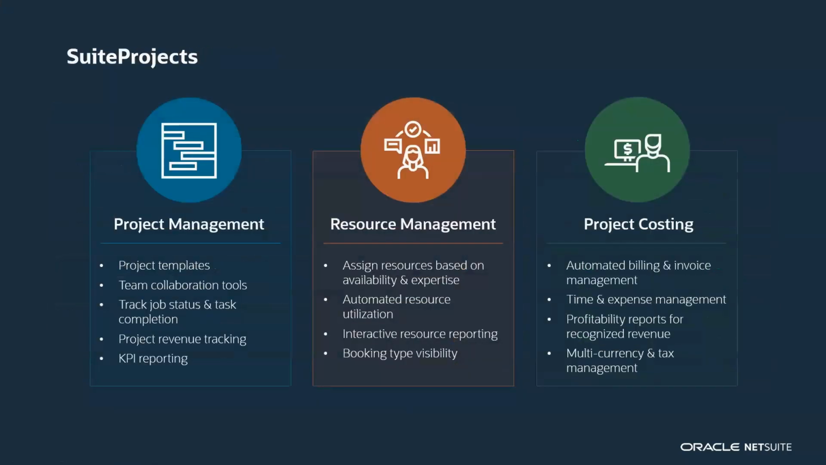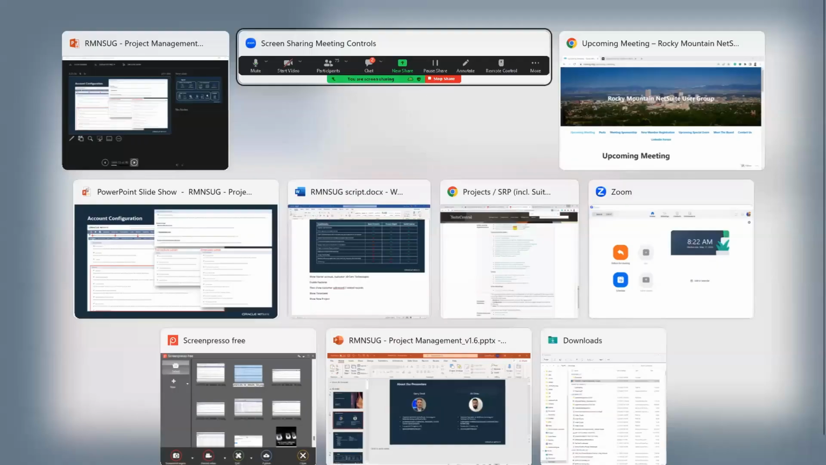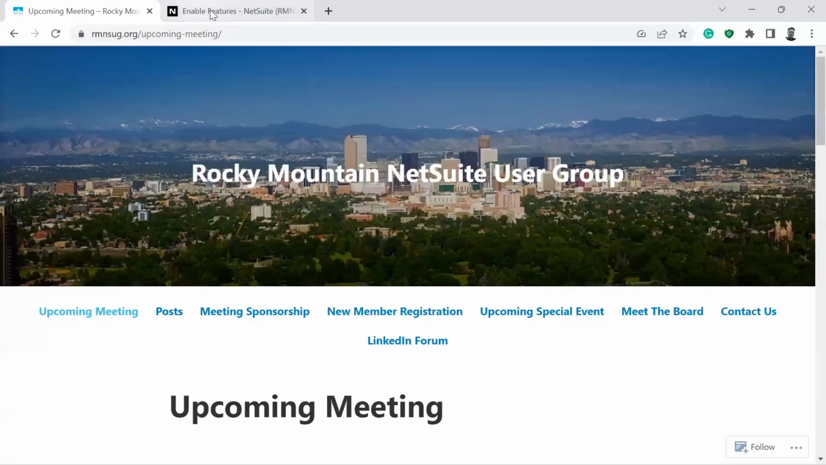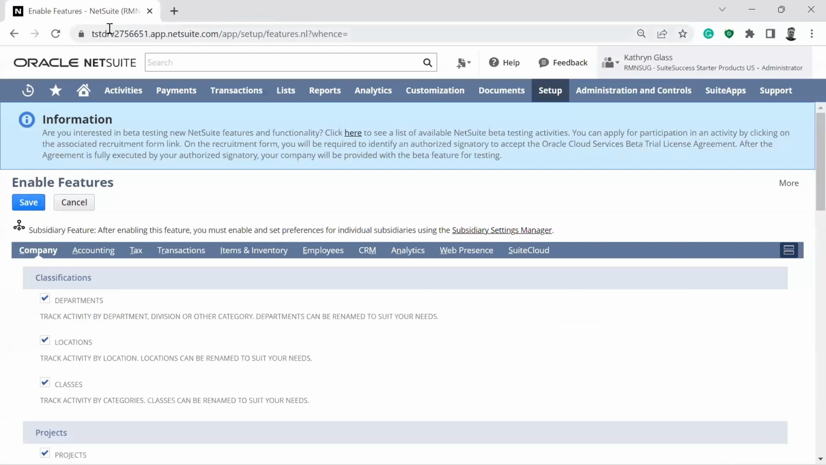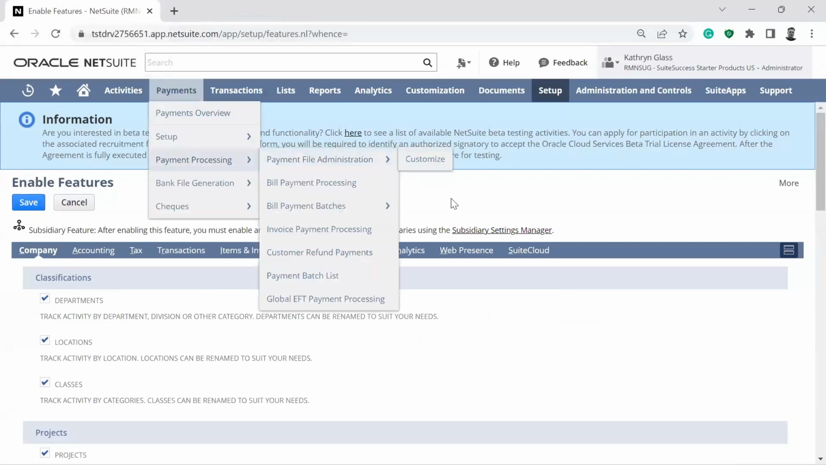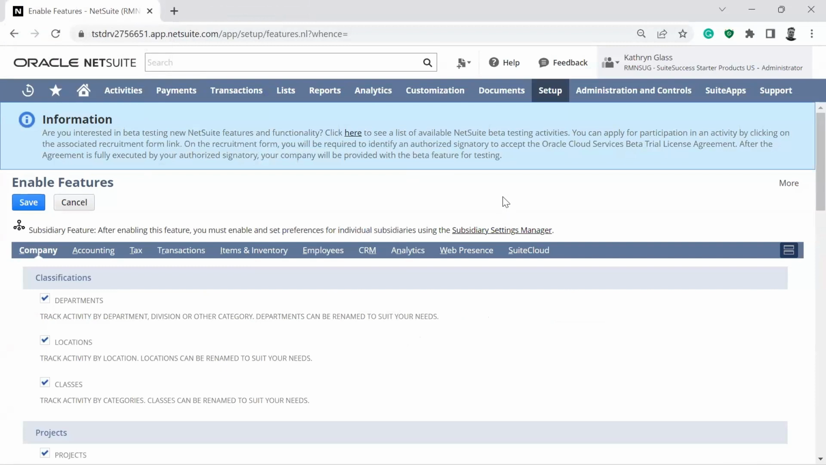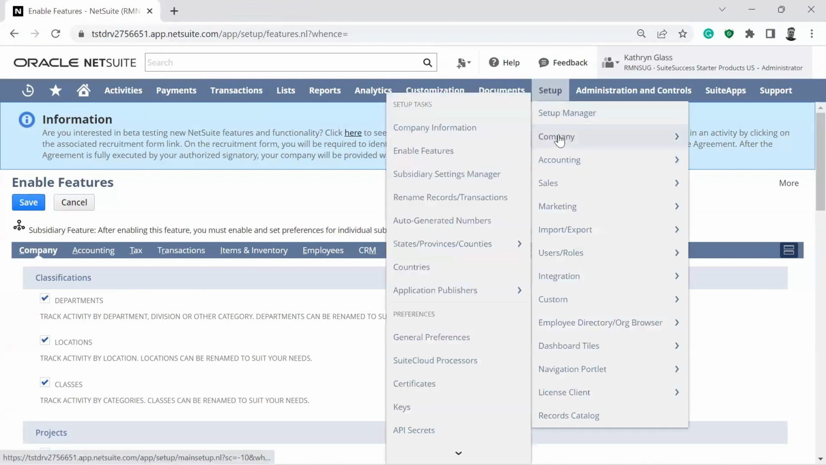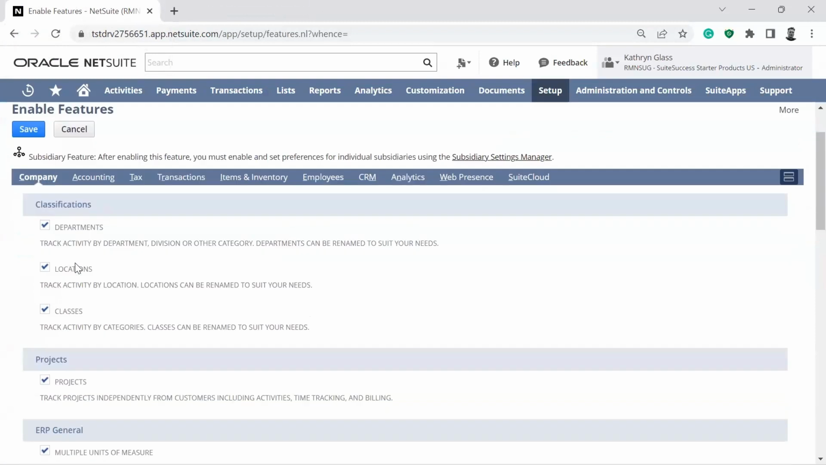So to sum it up, SuiteProjects consist of project management, resource management, and project costing. So let's go take a look at that in the system, and I'm going to bring up a starter account. As you can imagine, various customers have various implementations, and the smallest account is a starter account with fairly minimal features. So when we go to setup company and we go to the enable section, enable features, under company,